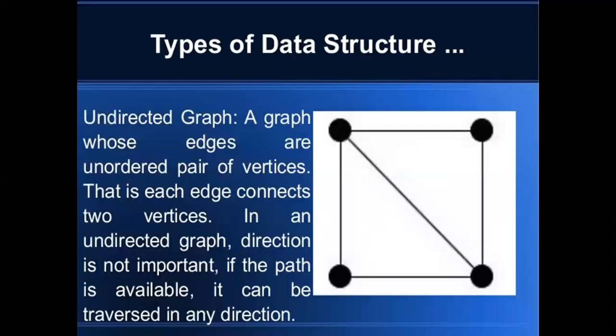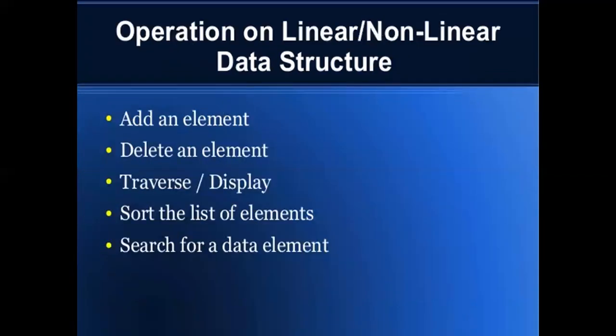And one more example of a data structure is the graph, which is also non-linear. Here these are the nodes and these are the edges, and this is an undirected graph. There is no direction here. In a graph, if direction is given, it is called a directed graph. These are called vertices and edges. So this is one type of non-linear data structure. And files you will learn about later.